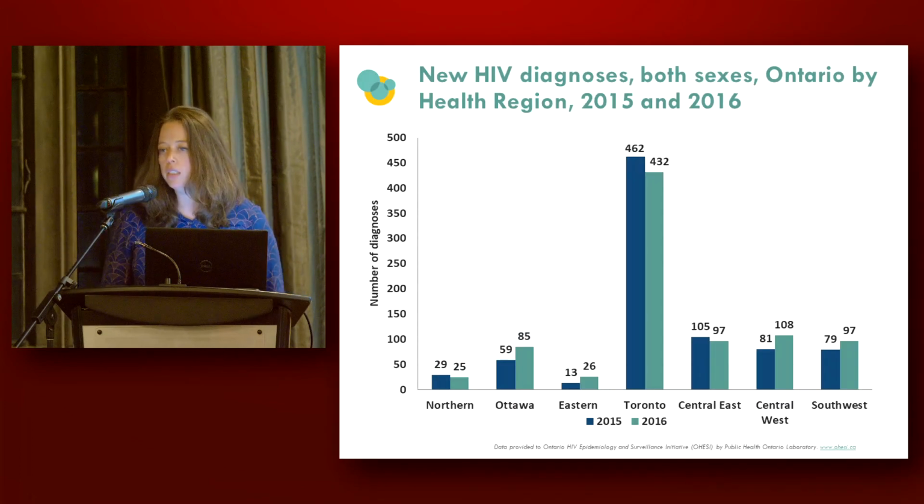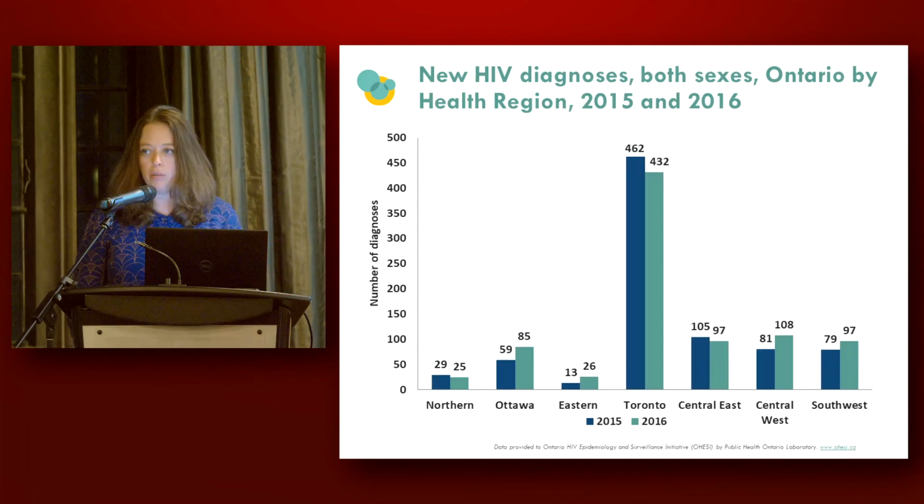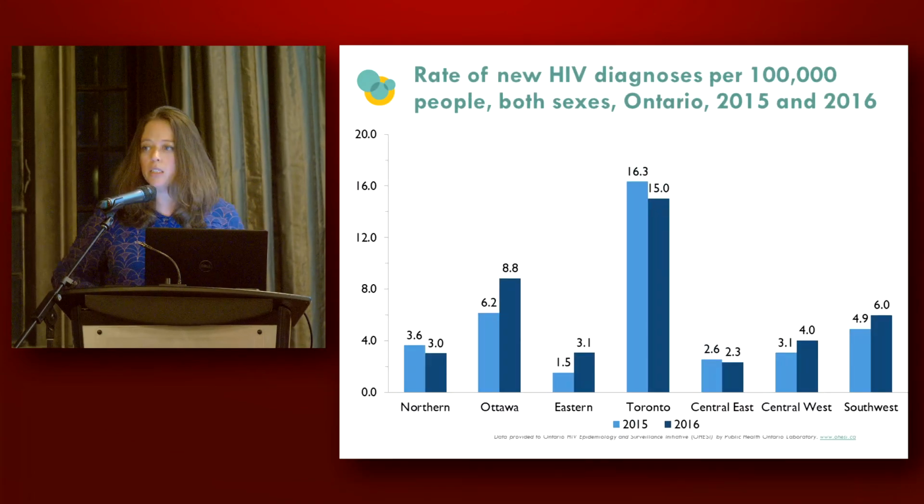When we look at it by regions, so here across the bottom we have regions in Ontario, you can see that the highest counts are in Toronto both in 2015 and 2016. This isn't surprising given the fact that most people in Ontario live in Toronto. But it's always important to consider what the rates are, right? When someone shows something like this just looking at counts, it's hard to distinguish how that relates to the population that lives in those different places. So here I'm showing you rates. What this tells us is not only are there more people, the rate is actually higher in Toronto. So we know that there's particular concern here.